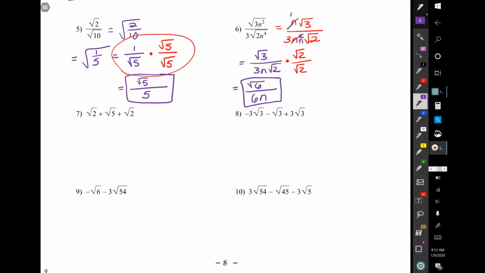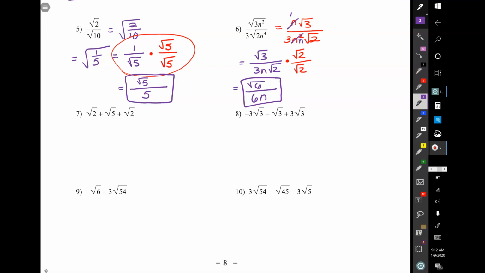Now we're just going to take a quick look at what happens when we add or subtract radicals. Sometimes we can simplify things first and get some numbers to work nicely for us. The rule here is that you would add the numbers that are outside the radical sign, but the radicands themselves have to be exactly the same. It's kind of like when you were combining like terms for variables, you had to have the same base and the same exponent. So the same thing here, you have to have the same radicand and